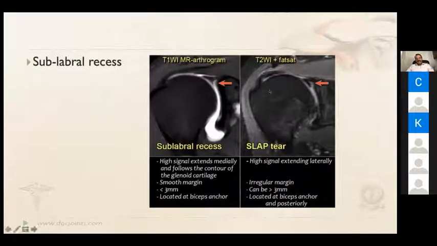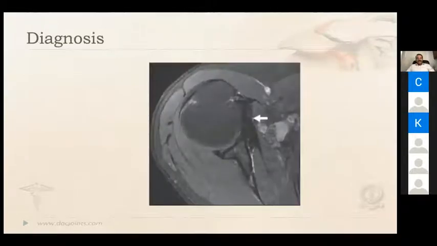So that is a common finding you see on an MRI. This could raise a suspicion of a SLAP tear. So here it is having a sharp endpoint and it is going towards the undersurface. So that is a sublabral sulcus or a sublabral recess. And this is a SLAP tear, superior labral anterior posterior tear, where the tear extends more into the substance of the labrum and the biceps. Type 2 SLAP is the commonest superior labral tear we see. Again, another MRI. Diagnosis.